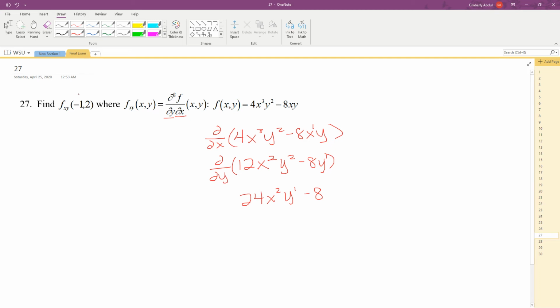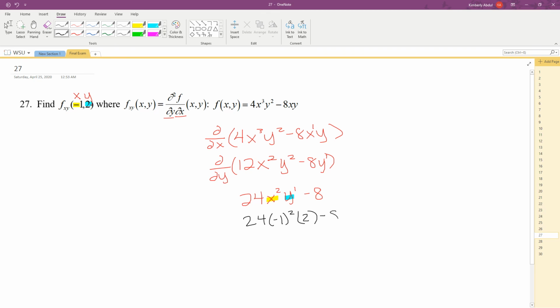And then I'm going to plug in these numbers here. So I'm going to plug in when x is negative 1 and y is 2. So everywhere that I see x, I'm going to put in negative 1. Everywhere I see y, I'm going to put in 2. So rewriting that, I'm going to get 24 parentheses, x is negative 1 squared, and then y is 2,